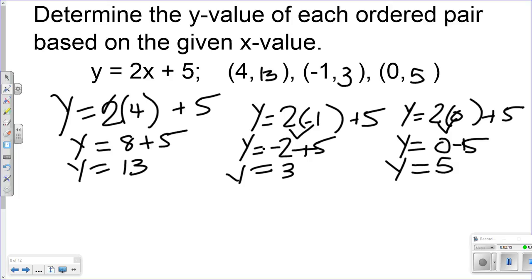So we have determined the y value of each ordered pair based on the given x value, and we have used proper order of operations, and we have used our negatives properly, as in the second problem,